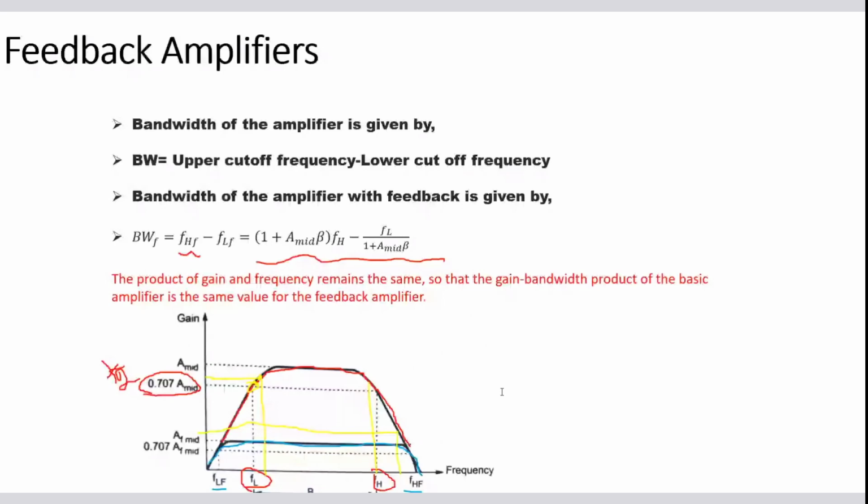If you see the product at this point and the product at this point, the product of the gain and the bandwidth will remain the same. That is actually known as the gain bandwidth product. Okay. This is also true for your feedback amplifier. Okay. So this is what I wanted to discuss today, and